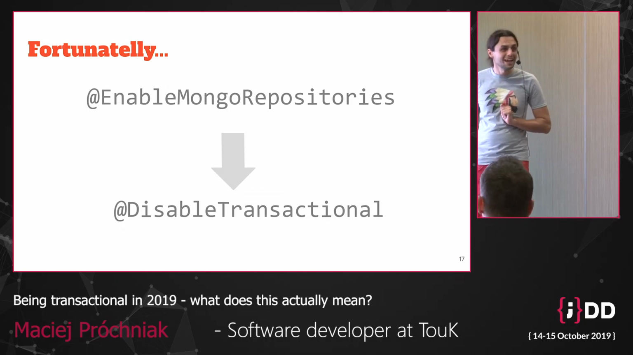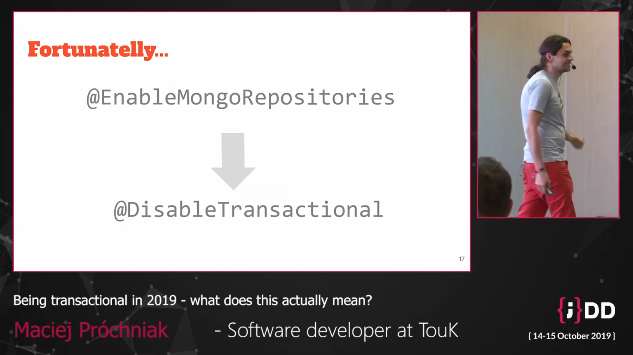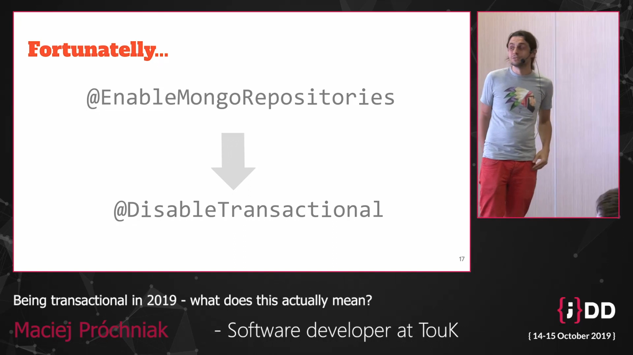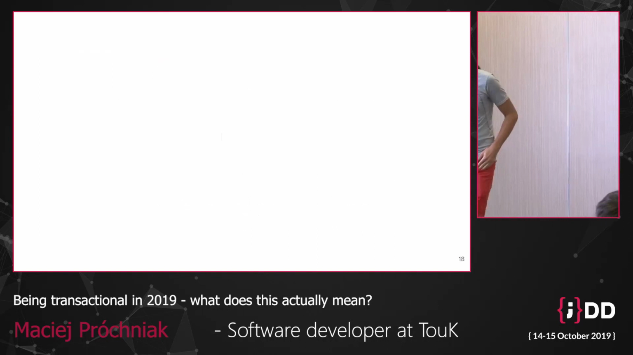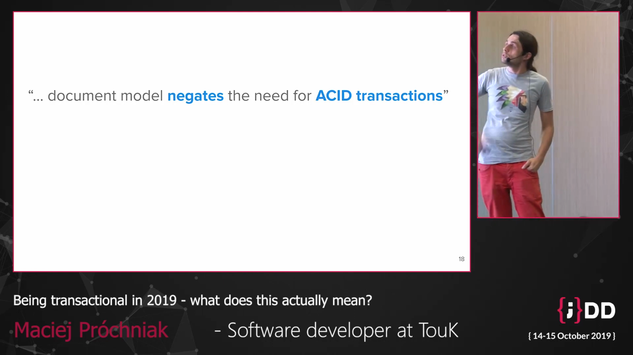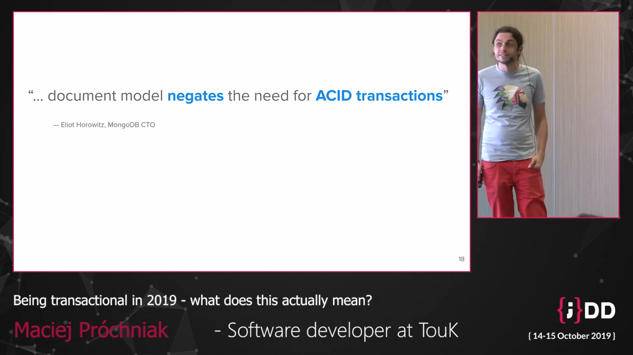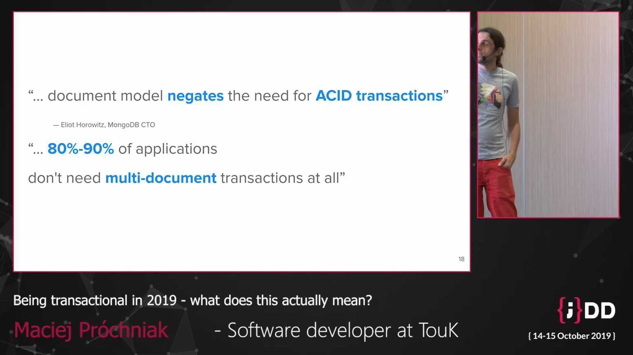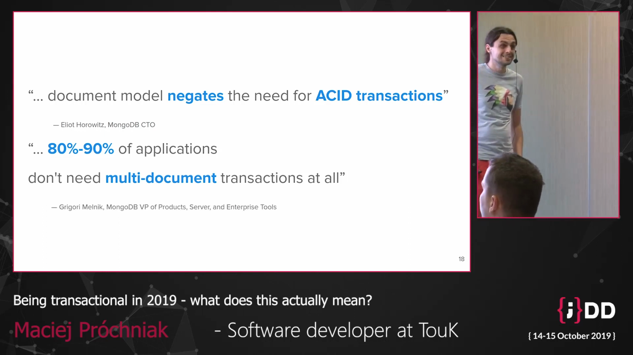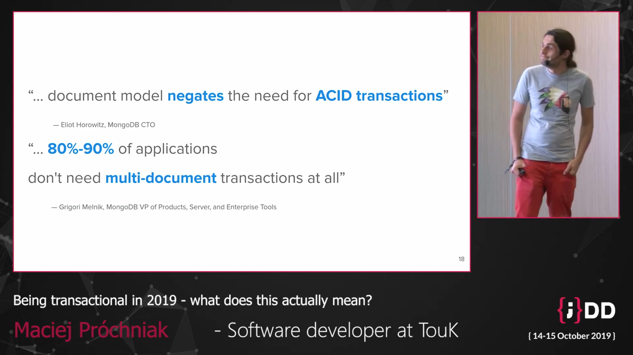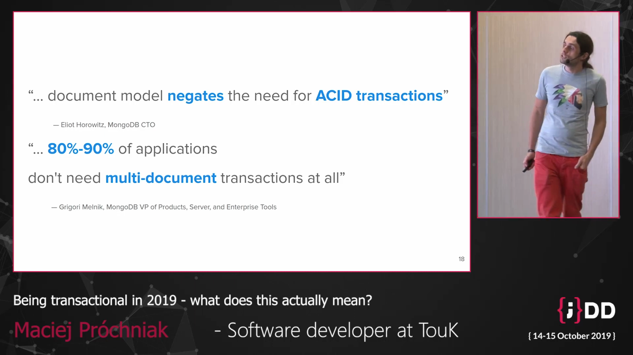And this is the one, right? It's like disable transactions, and we are happy, and we don't have to care. Because what Mongo taught us for quite a few years was that the document model negates the need for ACID transactions. And 90% of applications don't need multi-document transactions at all, right? Well, and for many, many years, people